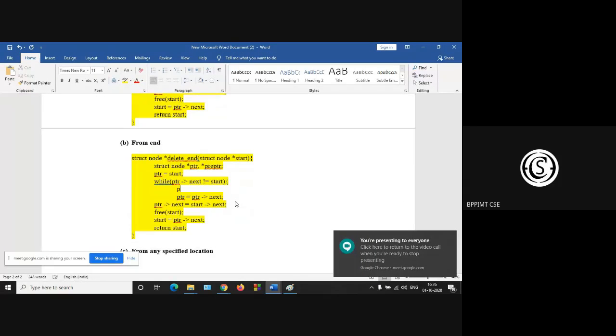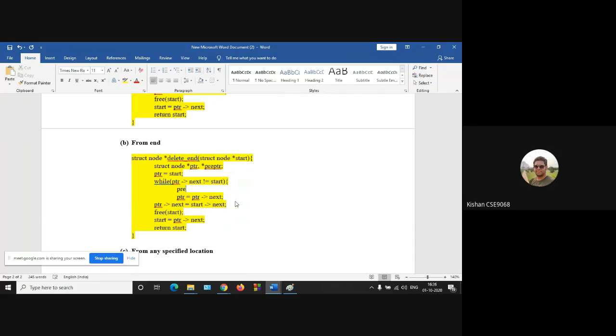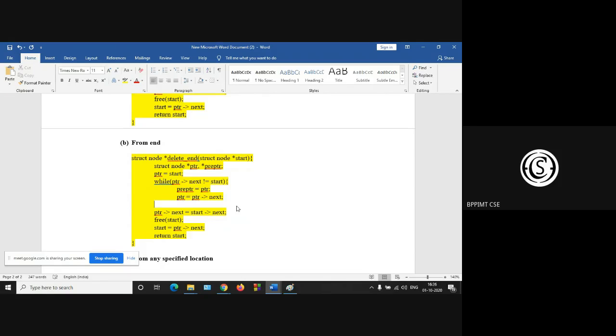The first line will be copy. Pre-PTR is equal to PTR, and then PTR is equal to PTR next, advance. So this will be your second line, and close the bracket.